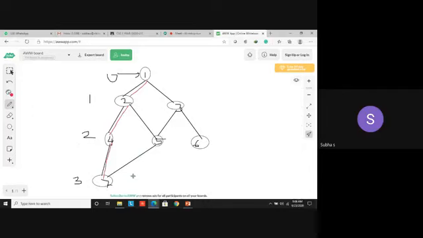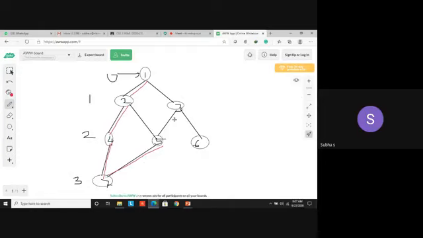Don't think that because you have reached the last vertex, your process is completed. There are still unvisited nodes. Now what you have to do is check whether there is any adjacent vertex to 7. Yes, 4 and 5 are there because this is an undirected graph. So I can come to 5. Suppose 5 is not connected, then what do I have to do? Backtrack. Go to position 4. No more vertices, so go to 2.